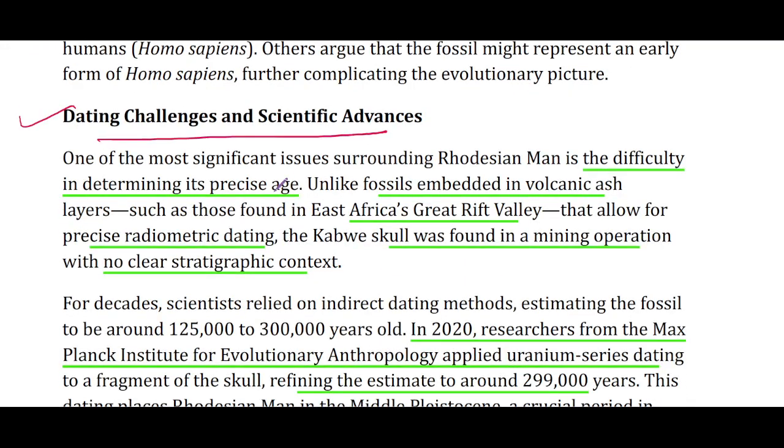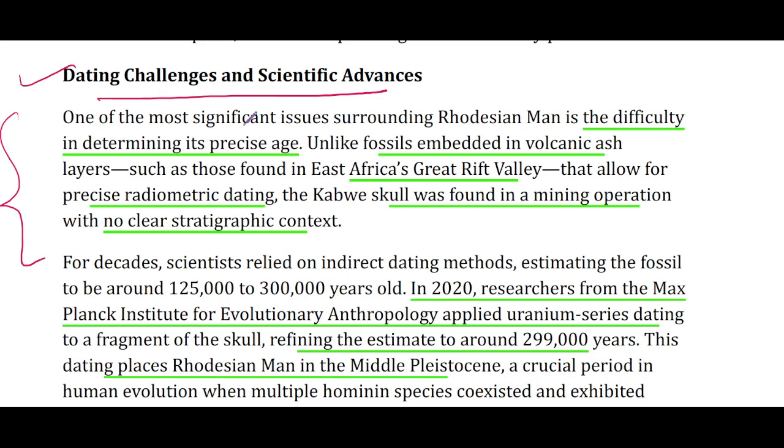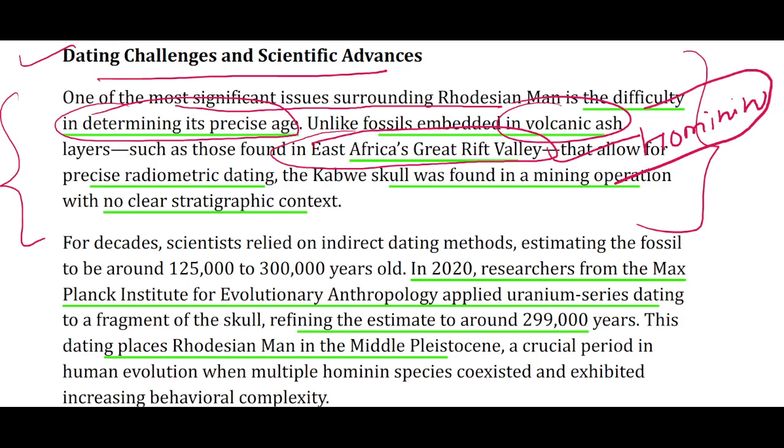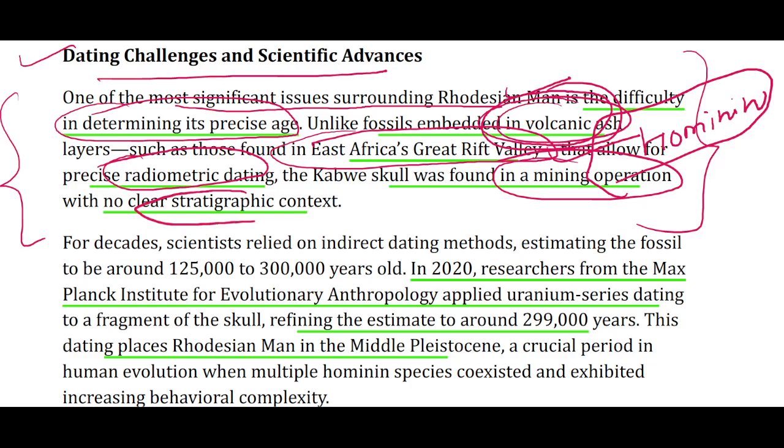Now, as for dating challenges and scientific advances, the most significant issue surrounding Rhodesian man was the difficulty in determining its precise age. Unlike other fossils that were embedded in volcanic ash of East Africa's Great Rift Valley, this Rift Valley is famous because most of the fossils of hominin species were found here. But the fossils that were embedded in volcanic ash could have been precisely dated using radiometric dating. But the Kabwe skull was found in a mining operation, so the stratigraphic context, the layers, were not there,